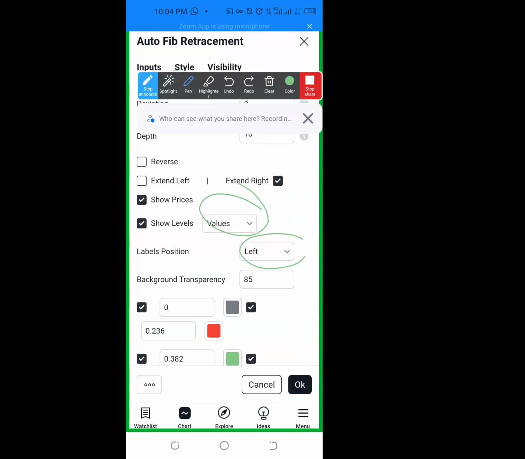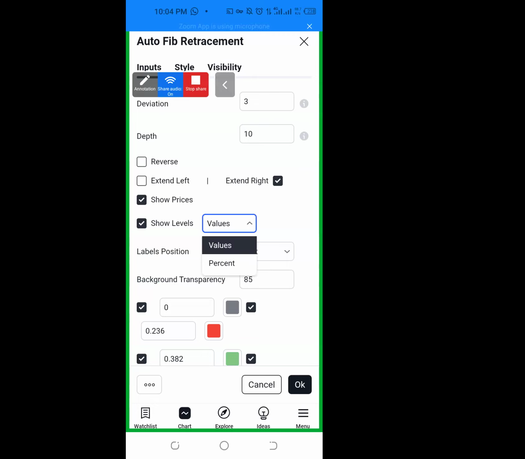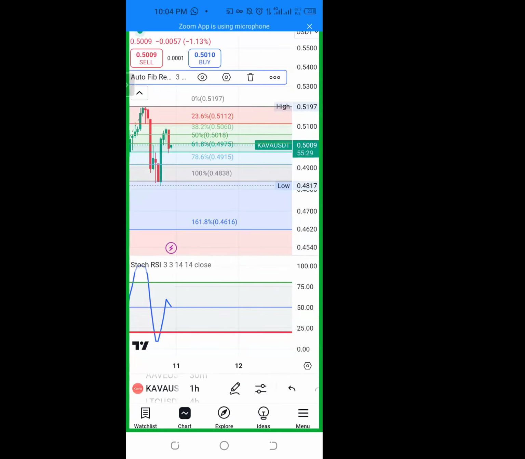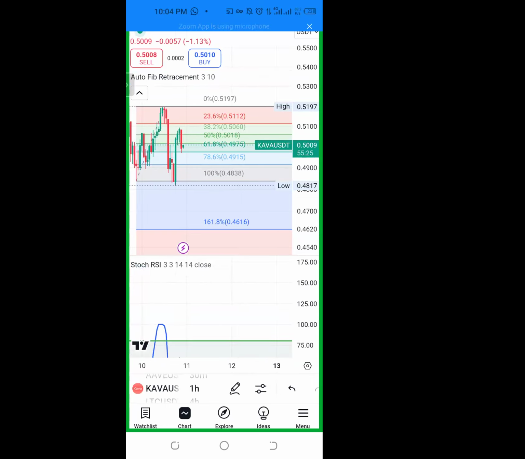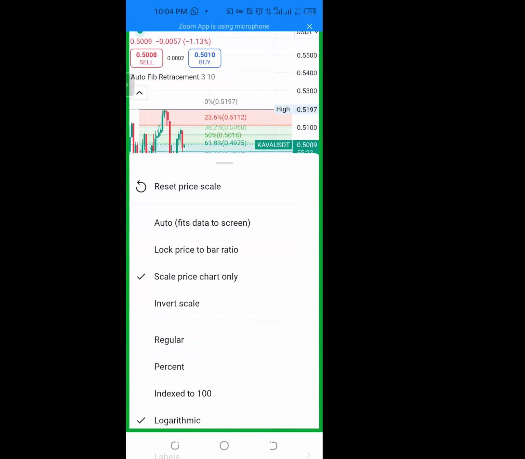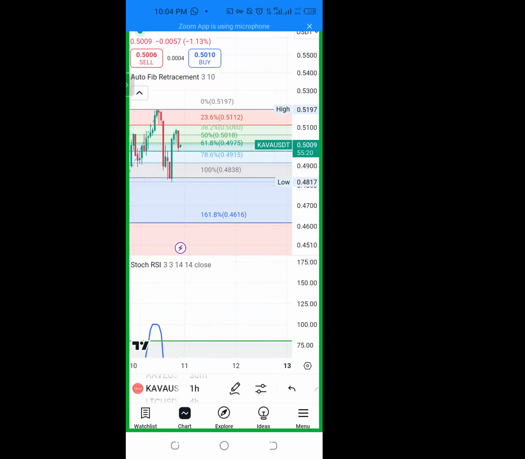So it will show me each line in percentage, and that percentage is on the right side instead of the left. I'll change to percentage, I'll change to right, then come here, save as default, and click OK. Because it has rearranged to where I need it. So now you can see that, as I told you